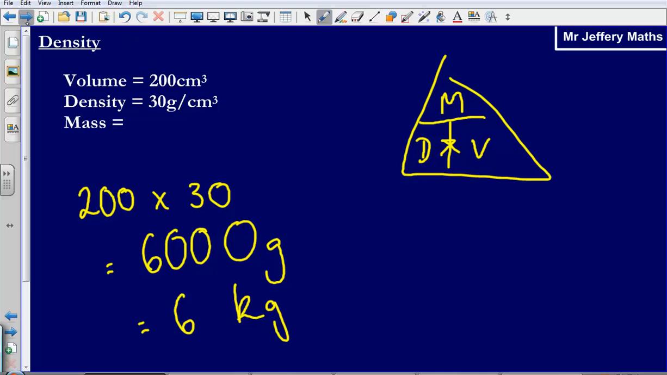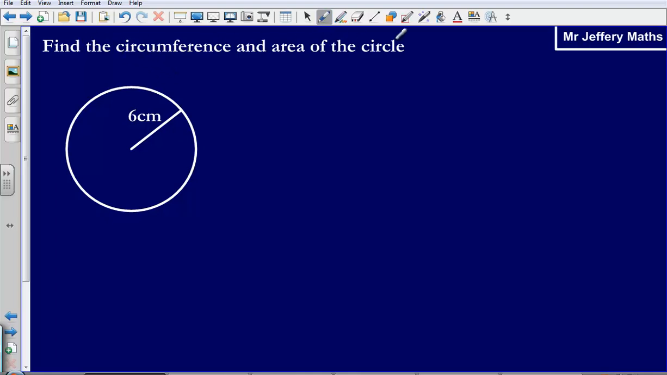So on we go. Next one, find the circumference and area of the circle. So first of all, I'm just going to state this length that I've got here. What is this length that I've been given? I can see that this is the distance from the circumference to the centre of my circle. So I could say here then that the radius is equal to 6,